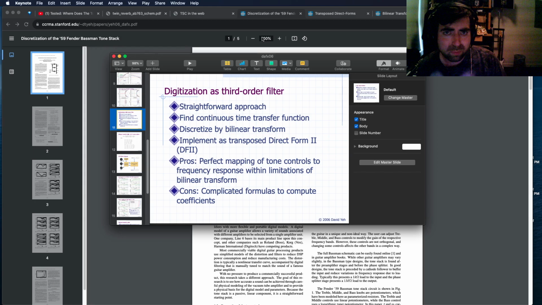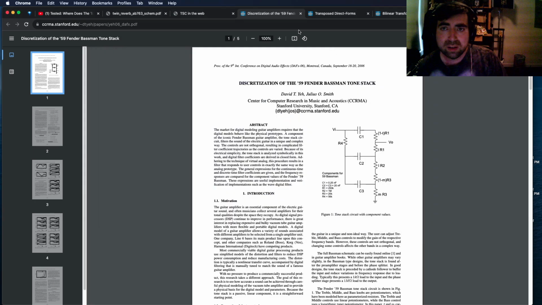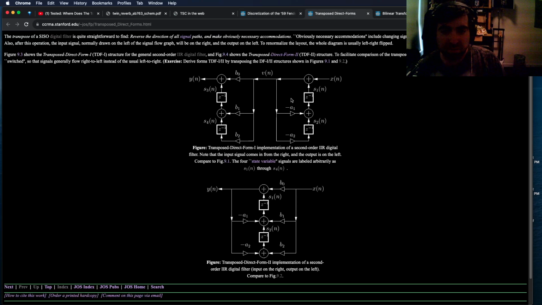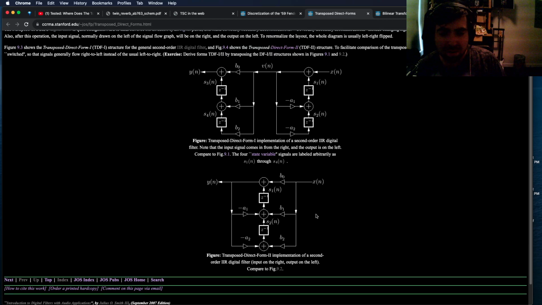So that is important. I'll show you what that means here. But if you're using their formula for the discretization of the variables, then you'll have to use this form of digital ladder filter. So the Transposed Direct Form II is this one,